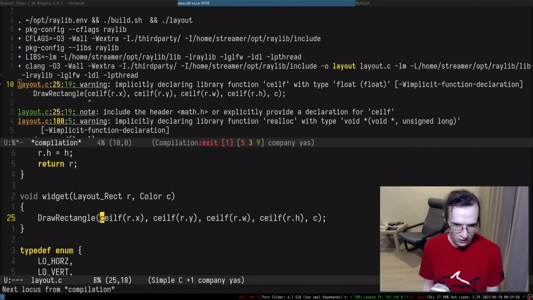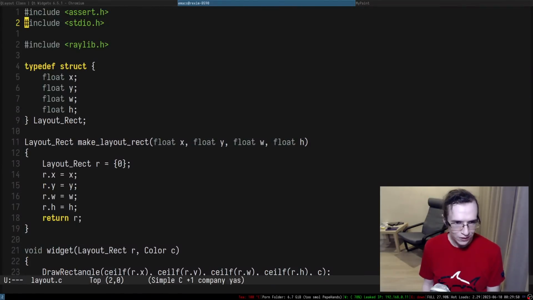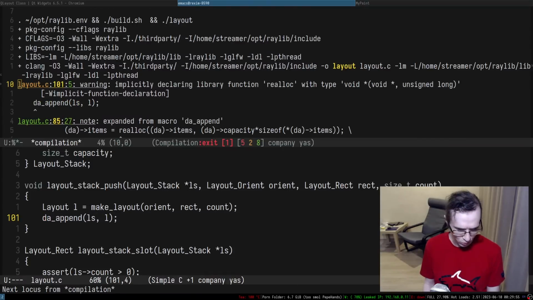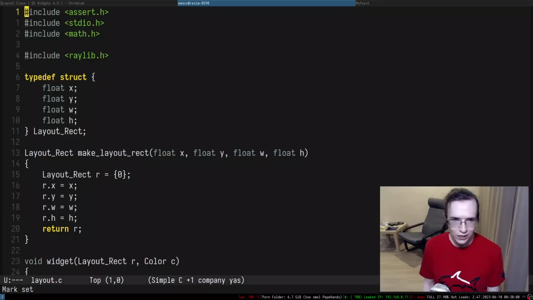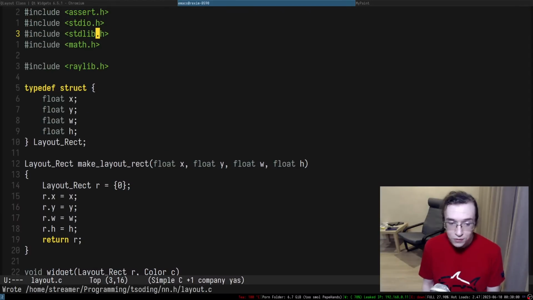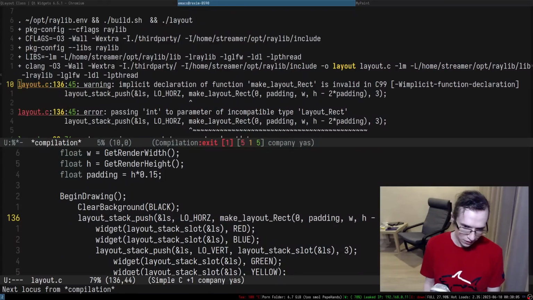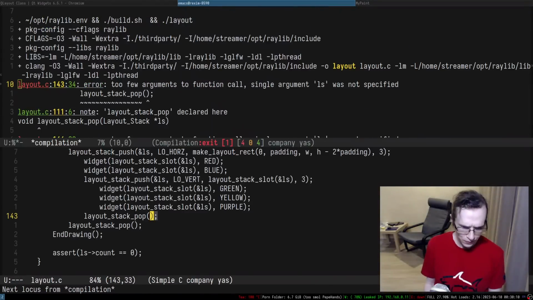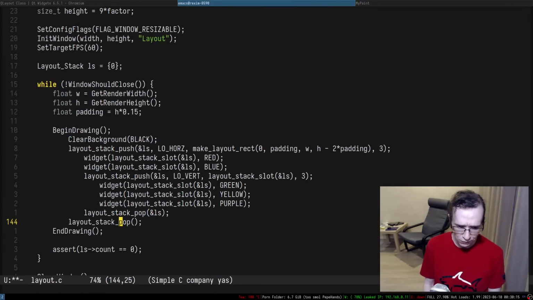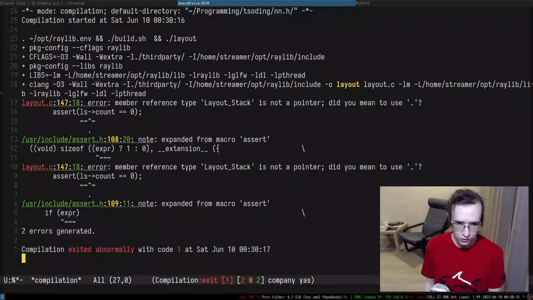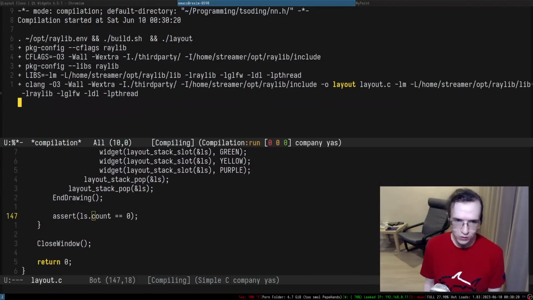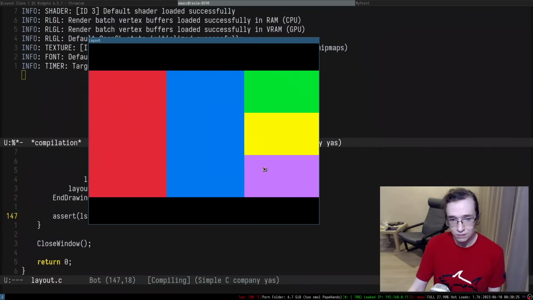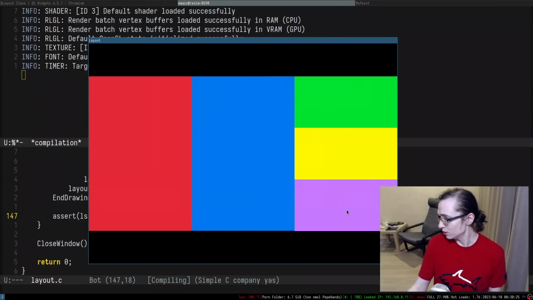Wait a second, is it going to work, I wonder? Right, so there's some stuff in here. Sylph, implicit declaration. So let's actually include some math. I wonder why it didn't complain about implicit declaration of Sylph before. That's kind of weird. Okay, diappend doesn't have a realloc. This is probably because we have to include stdlib. Right, that's probably what it wants. Do we have anything else? Make layout rect. Maybe that's what I wanted actually in here. What else do we want? Oh yeah, for the pops we have to provide the ls, of course. Anything else? It's a dot. It works. Look at that. Isn't that beautiful? That works.